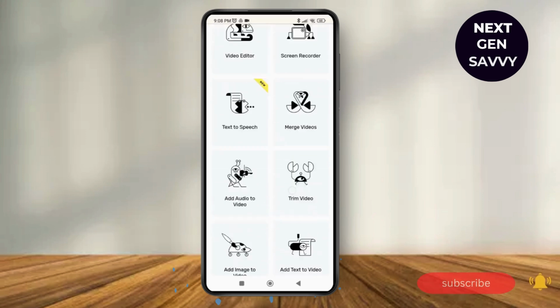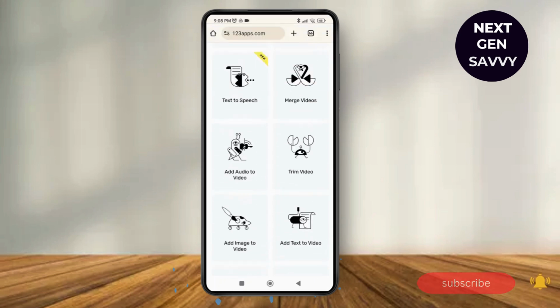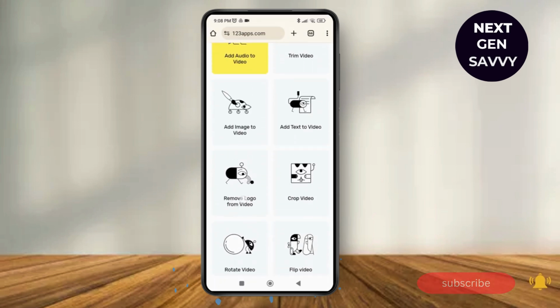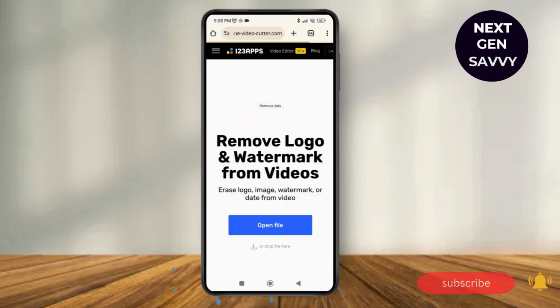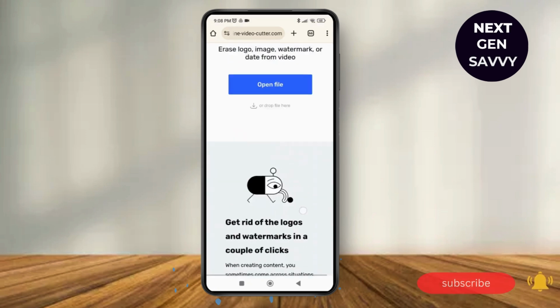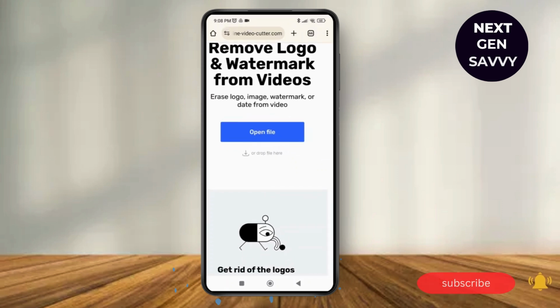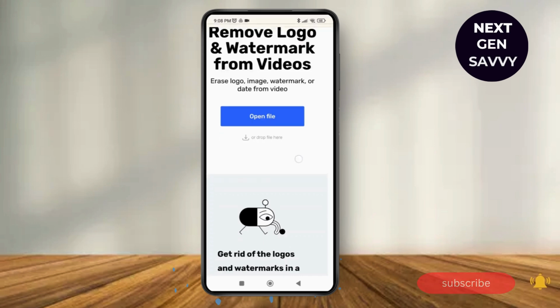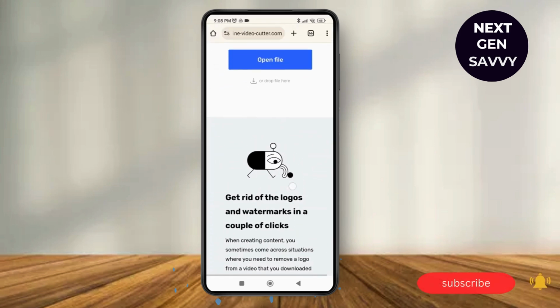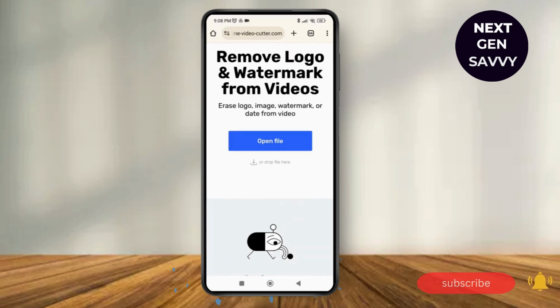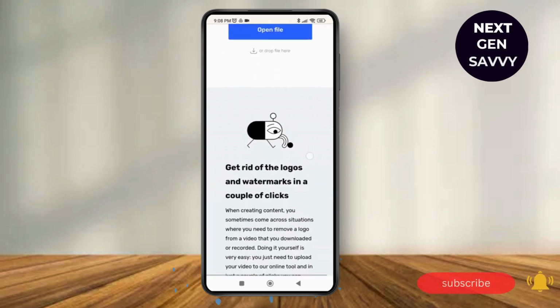Then just scroll down and under the view video tools option over here, you can see the option of remove logo from video over here. So tap on it, and as you tap on it, all you have to do is just tap and drop your file over here, and you can select the area of the watermark and it will be removed from the video or the project that you are using, and you'll be able to use the AI watermark and remove them